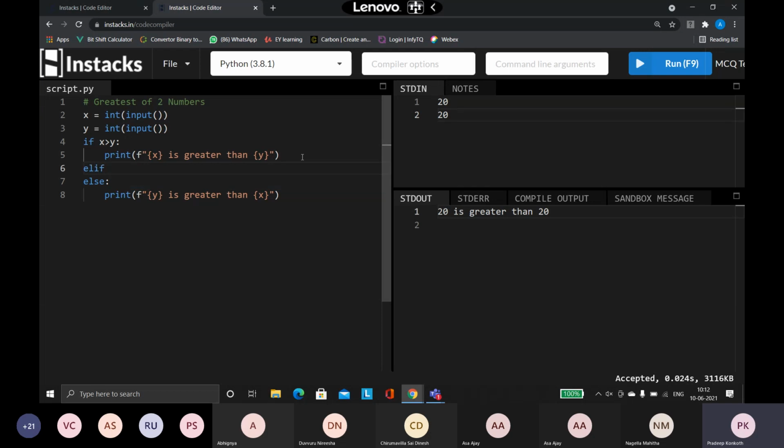After elif, you will specify the next condition. What are you going to check? Whether the y value is greater than x. Then we are just going to simply say print, y is greater than x.